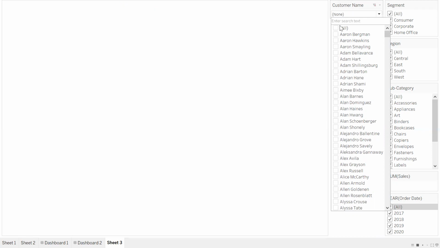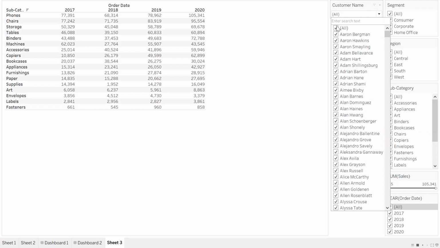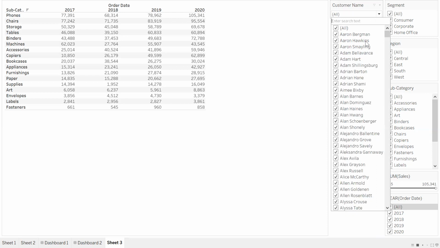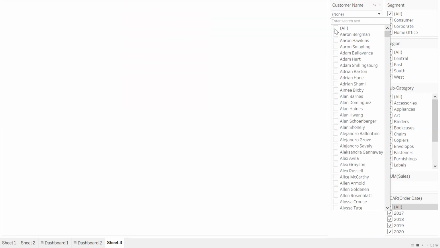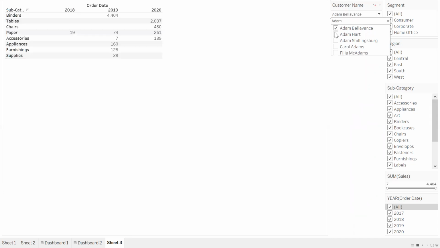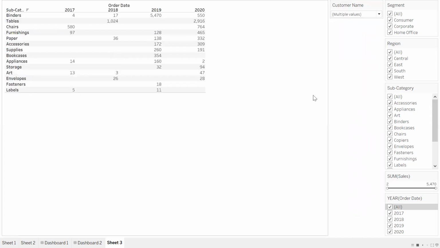Let's say I want to select the customers, right? The customer names, at least the name with Adam, right? You can type in Adam, search for Adam. And now I can see the customer names that start with Adam. So I can select only these customers, right? First unselect all. And if you want to select the customer name Adam, select Adam and select the checkboxes 3. So these are the customers information related to Adam.